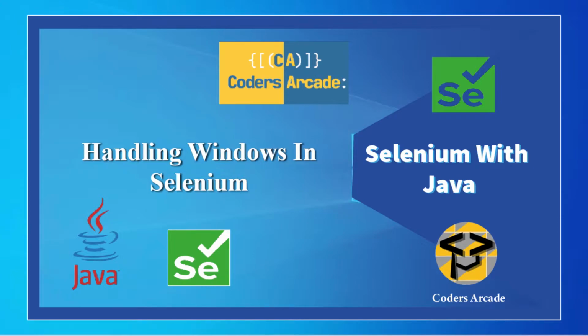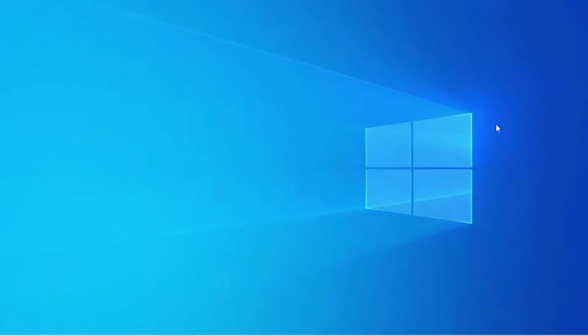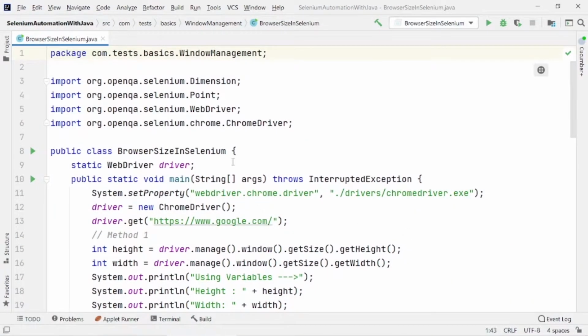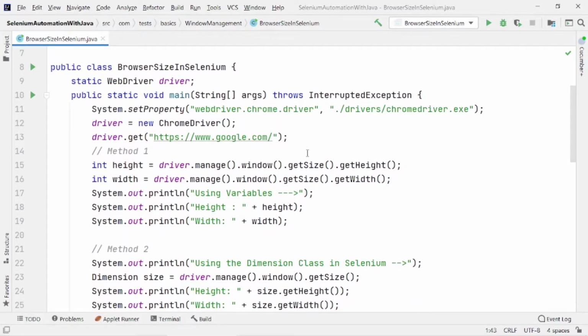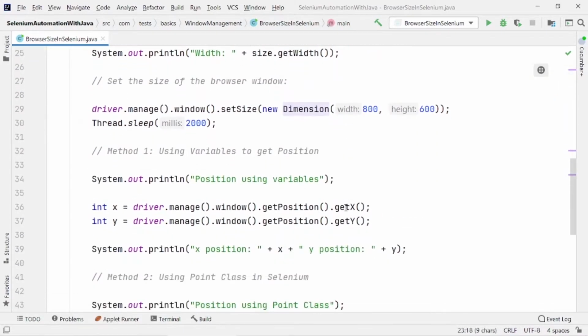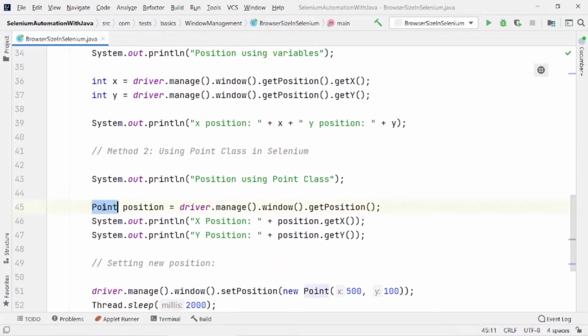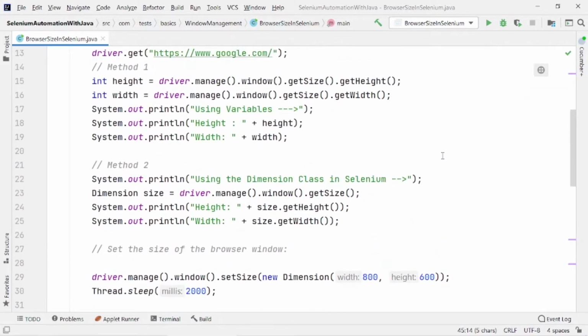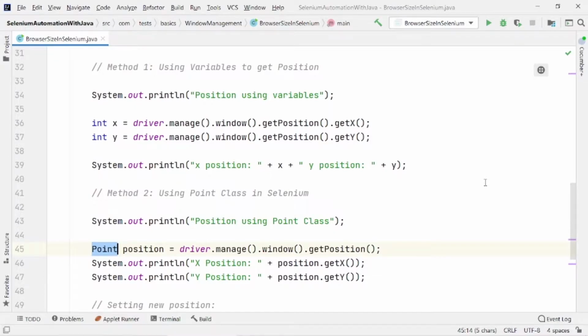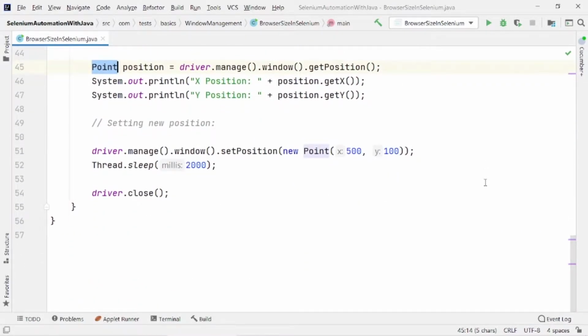Okay, so if I go back to my IDE, you can see in the last tutorial we learned how to change the browser size in Selenium, and here you can see we used the Dimension class and also the Point class. I showed you can change the height and width, and also you can change the position X and Y of the browser. So in this tutorial, as I said, I will be talking about how you can handle different windows